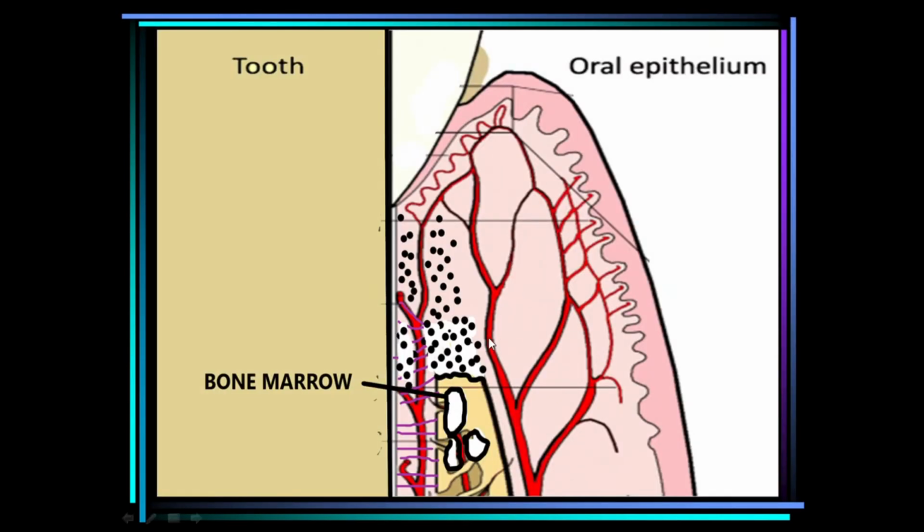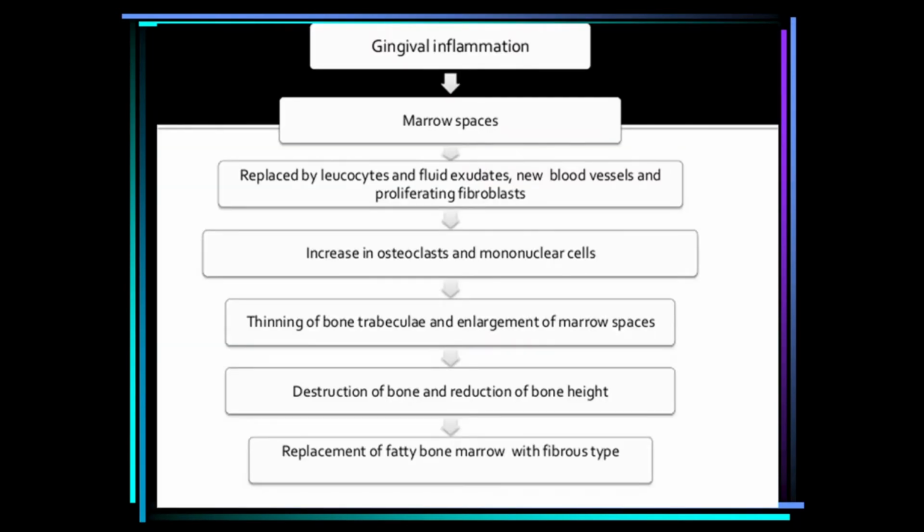Because the osteoclast was very active due to the inflammatory component, the level of prostaglandin is getting increased, I am repeating again and again, the osteoclast is getting activated, and resorption of bone is there. Now we can see the bone is reduced in height, and moreover from inside also the thinning of bone is there. So this is how the disease will progress and the resorption of bone will take place.